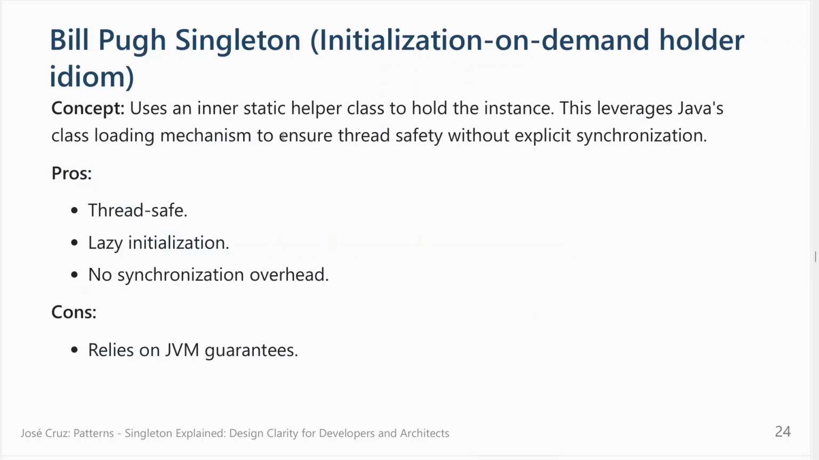Okay. Another way to implement this pattern, to be more precise, is the Bill Pugh singleton. It uses an inner static helper class to hold the instance. This leverages the Java class loading mechanism. It's very similar to the one that we saw where the instance is created, but this one is a little more clever because it creates an inner class. So it's thread safe, like the one where we put static equals new Singleton, but it's lazy initialization because